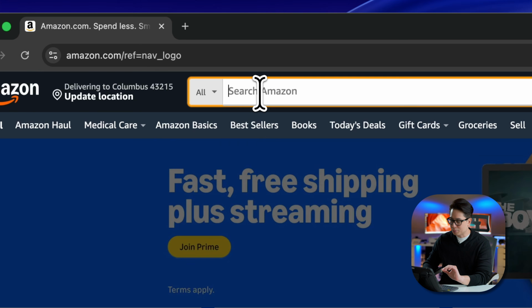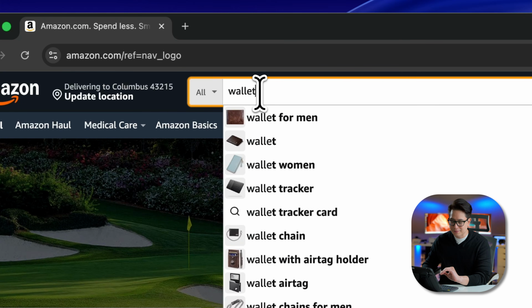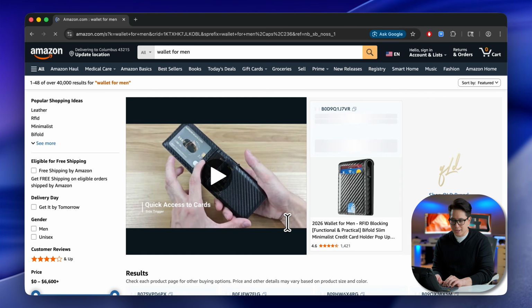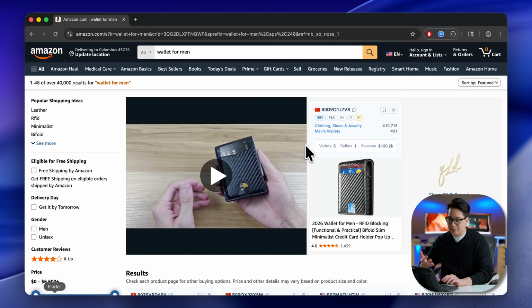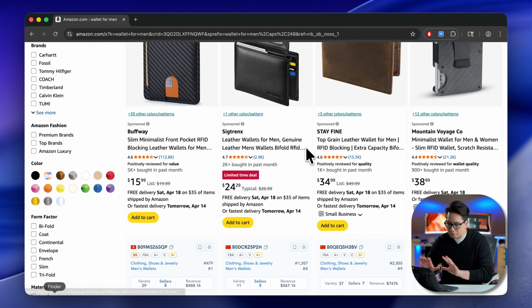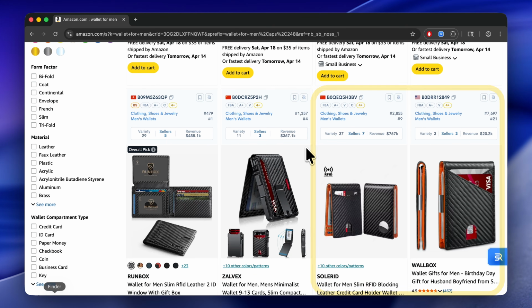Next, how to perform product research. Let's search wallet for man. As you scroll, you'll see small data blocks appear on every product. This turns a blind search into a real market scan. Here, two wallets might look identical on Amazon, but Sellerise shows you that one has